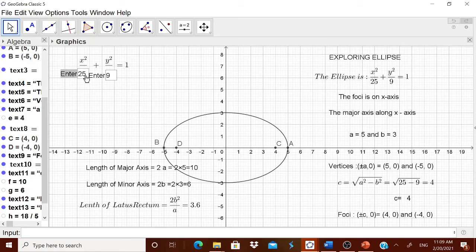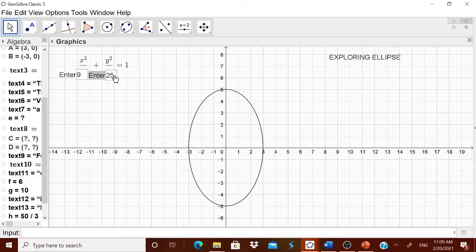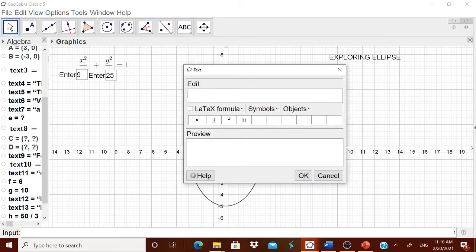So suppose let me go for entering this number as 9 and this number as 25. Oh, everything has gone now. You see, now the child is going to get the second equation. What do you have to do now? You have to do whatever you have done in the previous one. How did you start with that? You started with the text. Therefore the equation is, okay, you started like this now.